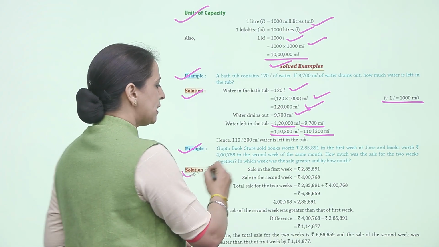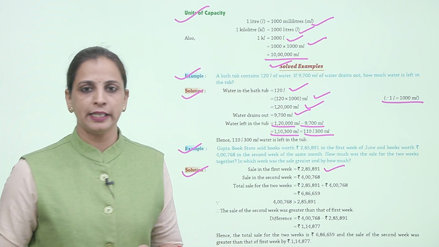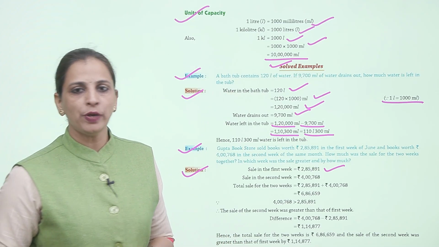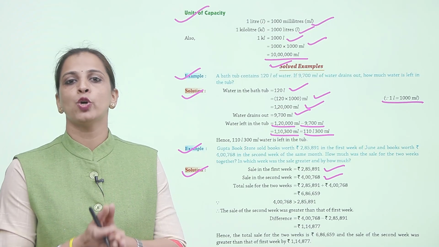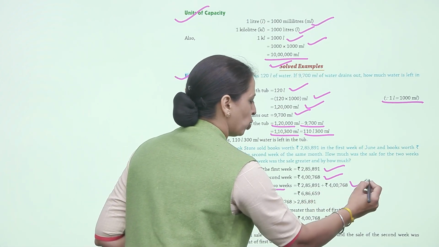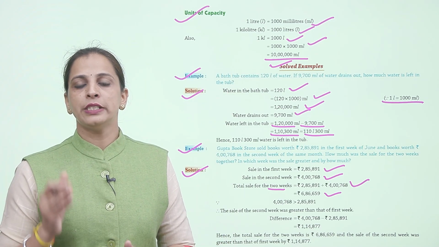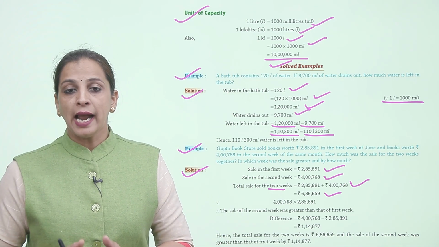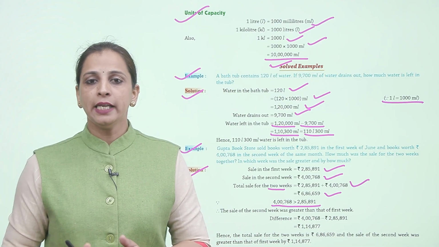Solution करते हैं. Sale in the first week is equals to rupees 2,85,891. Sale in the second week is 4,768. Together मतलब दोनों वीक की टोटल सेल. तो टोटल सेल फॉर द 2 weeks इज इक्वल्स टू दोनों को ऐड किया दैट इज इक्वल्स टू रुपीज 6,86,659 एंड 4,768 is greater than